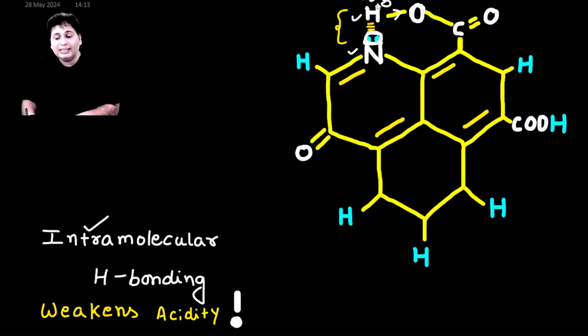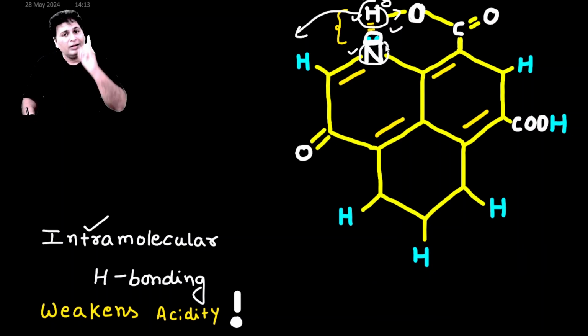bonding. And as it is now held by the neighborhood, again I am repeating, as this hydrogen is now held by nitrogen, its neighbor, it becomes difficult for this hydrogen to be taken away, because not just this oxygen is holding this hydrogen, but this nitrogen in the same molecule is also holding that hydrogen. So it becomes increasingly difficult to give away that hydrogen. So if this type of situation comes, the release of hydrogen as H plus becomes difficult, and it decreases the